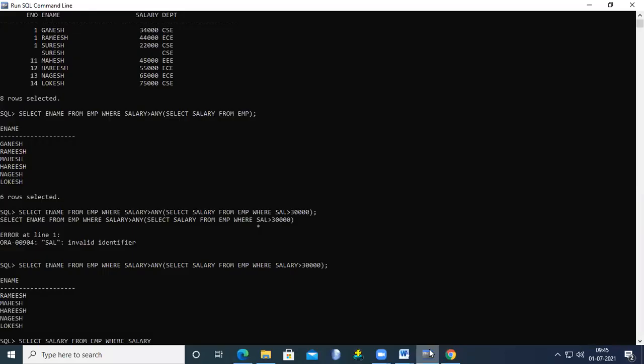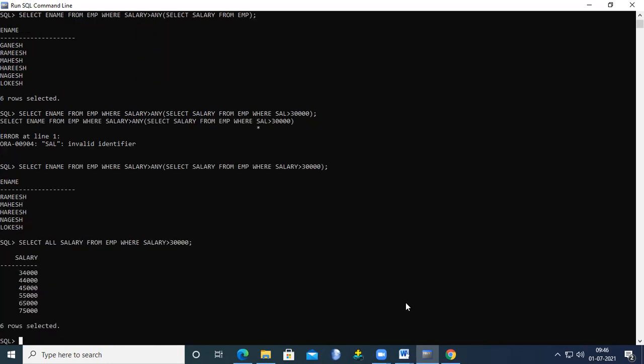So it will be performing the all. By using all, we can perform the comparison with the particular condition. In the same way, we can use the any also.